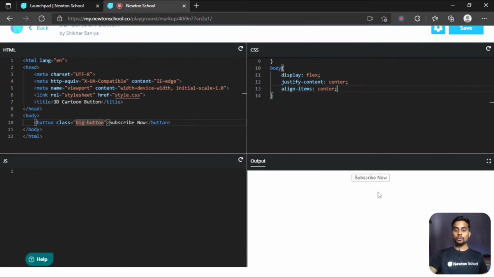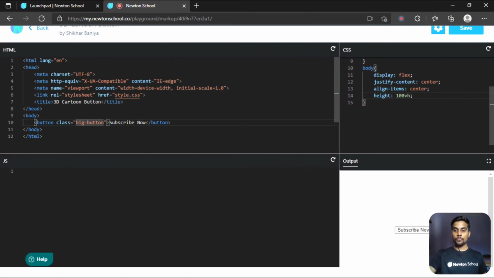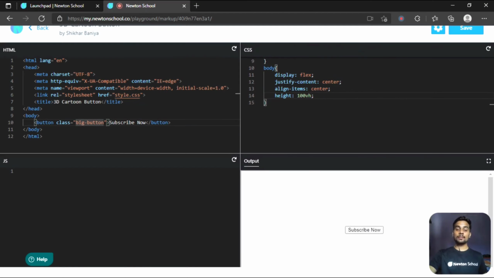Okay, right now it is centered columnly, but I want it to center here, so you have to specify a height to it. So let me give it a height of 100 VH. So now it gets centered on our output. So what VH means, view height. It will adjust your height according to your screen. If you have small screen, it will adjust according to that, and if you have large screens, it will adjust according to that. So as you can see, if I decrease the size of our window, it will remain at the center. So you can see this as a trick to center a div.